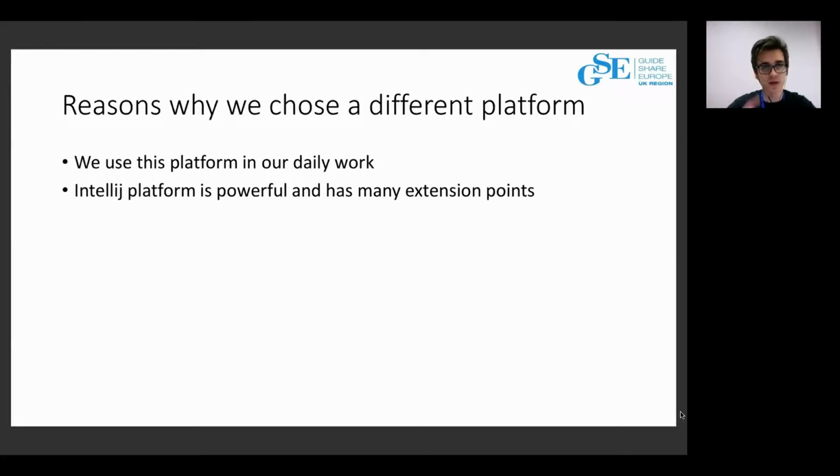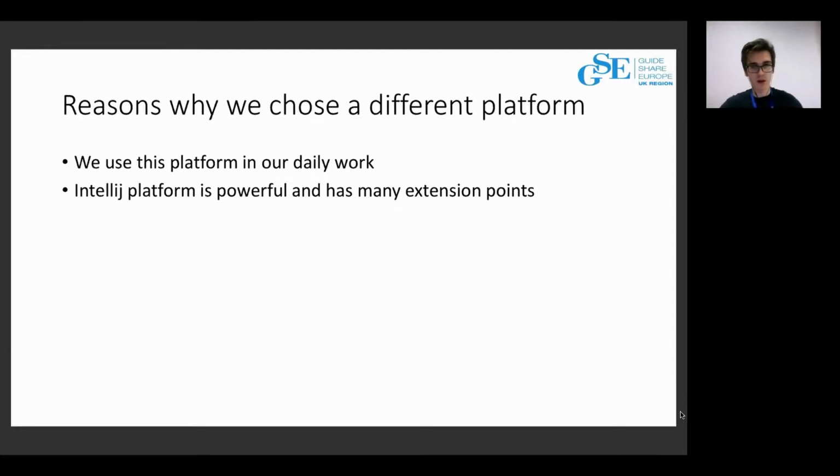Also we need to mention that the IntelliJ platform is an IDE, while VS Code is just a source code editor. IntelliJ has more power in language processing and more extension points, so it's more customizable, and it really attracted our attention.